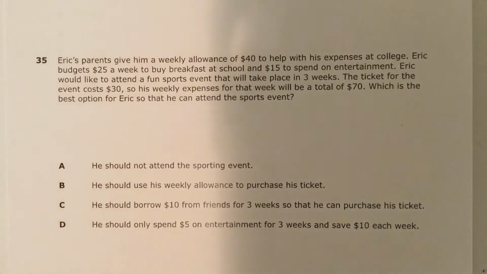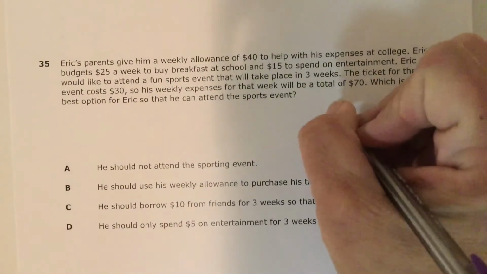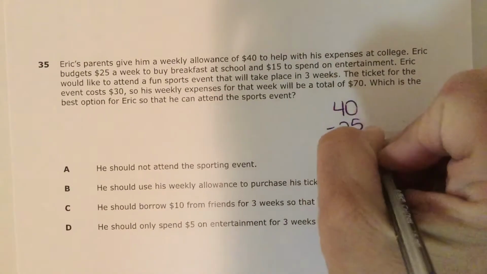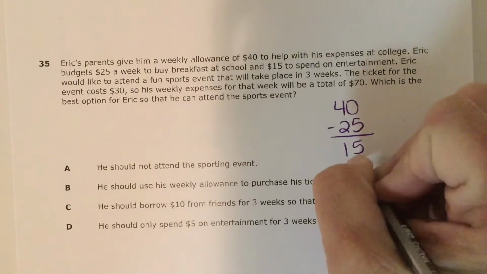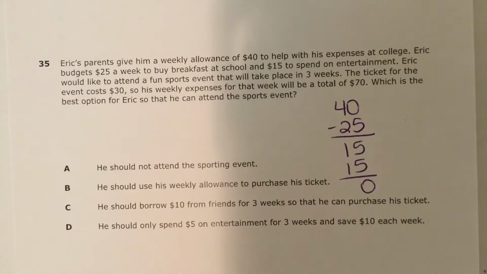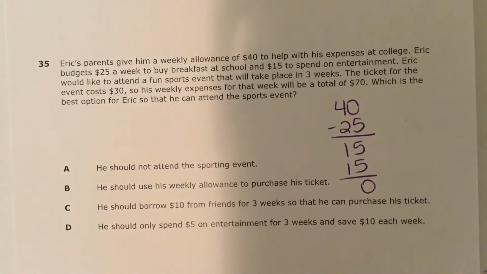All right, so let's look at Eric. Okay, so if Eric makes $40 a week, he spends $25 on food. That gives him $15. And then $15 on entertainment. That leaves him with nothing else. It's a completely balanced budget. So in 3 weeks, if he wants to save up $30,